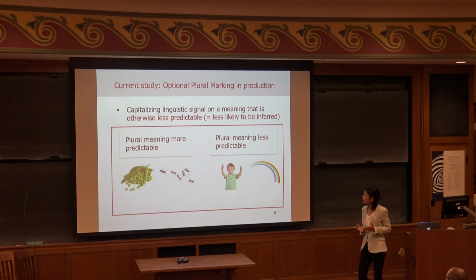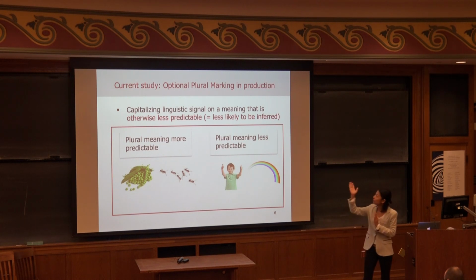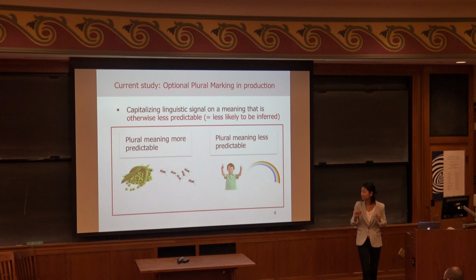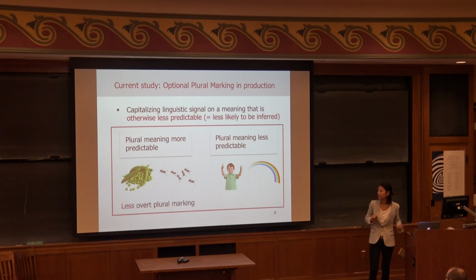So in order to do so, we used a miniature artificial language learning paradigm. We created a language where plural marking is optional. You might do it, you might not do it, so you need to choose which form to use, right? So our prediction is that if this hypothesis is true, language users of this language might be more likely